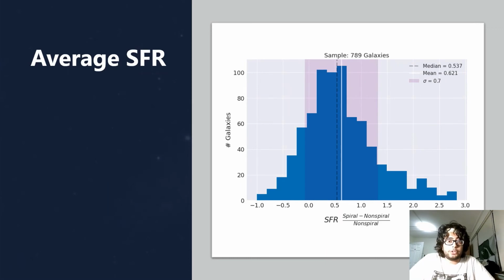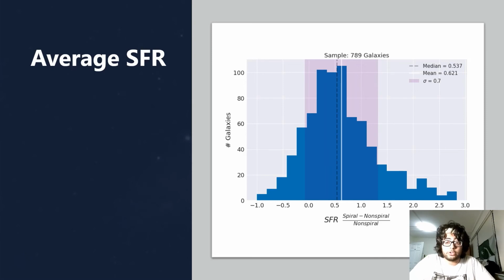However, we do know that there's a lot more area in a galaxy where interarm regions reside than where spiral arms are, and so it would make sense that there would be a lot more star formation occurring within those interarm regions. For this, we then calculate the average SFR within those spiral regions and interarm regions. We find that the proportion, spiral star formation rate minus non-spiral star formation rate divided by non-spiral star formation rate, yields an average of about 0.5, which says that around 50% more star formation occurs in spiral arms rather than